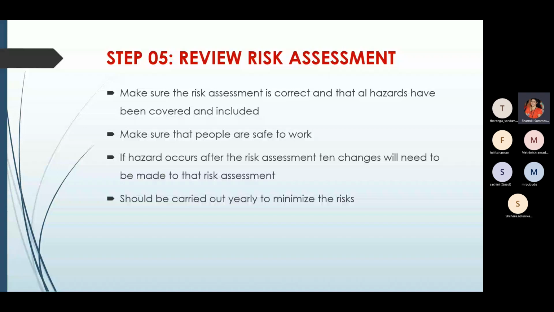So first you need to identify the hazards, what they are. Then you need to identify who are the people who will be harmed and how. Then you need to evaluate why this happens, and you need to analyze it. What are the problems, and you need to develop the solution. And then all the solutions, all the things you need to document and implement those documented principles or guidelines. And after that, you need to review the risk assessment periodically. So these are the 5 major steps present in the risk assessment process.